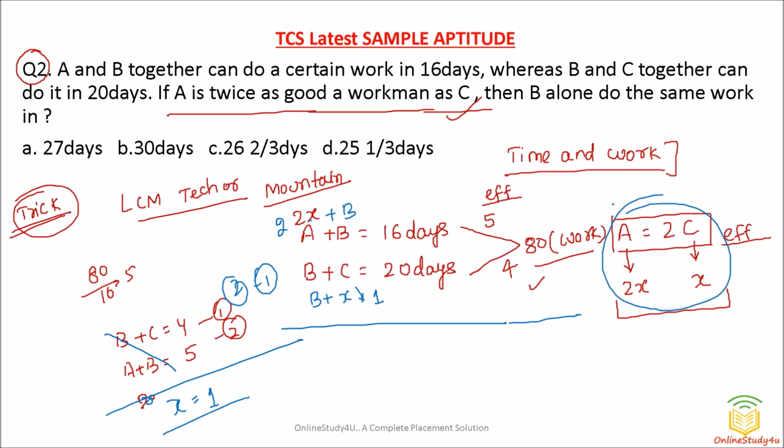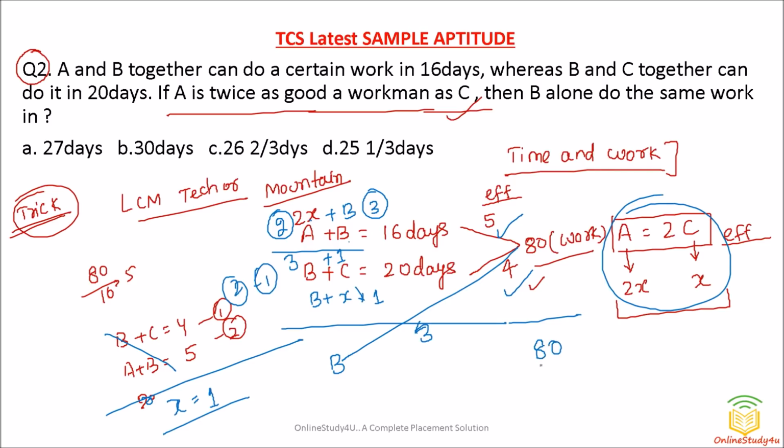So we came to know the efficiency of C is 1 and the efficiency of A is 2. For that only this equation has been given to you, so that you will be easily able to calculate. Now efficiency of A is 2. What will be the efficiency of B so that it becomes 5? That is 3. So efficiency of A is 2 and B is 3. Here also efficiency of B will be 3 and C will be 1, then only it will be 4. That means we have got the efficiency of B as 3.